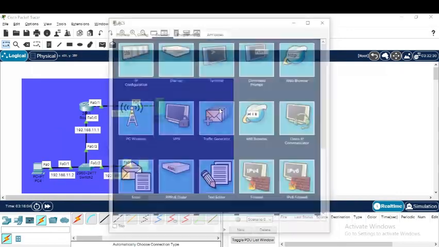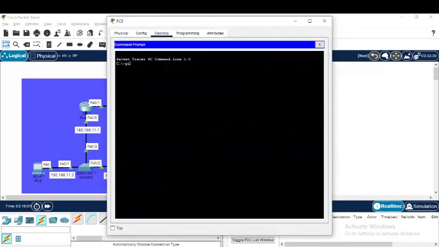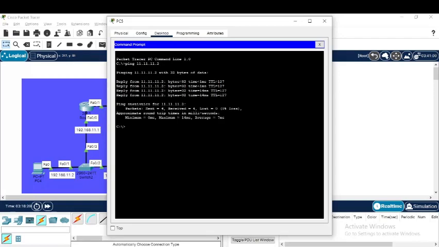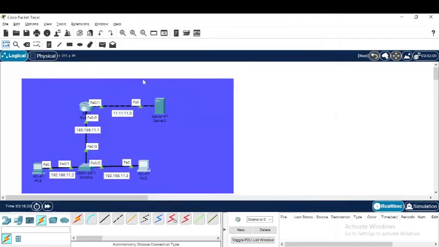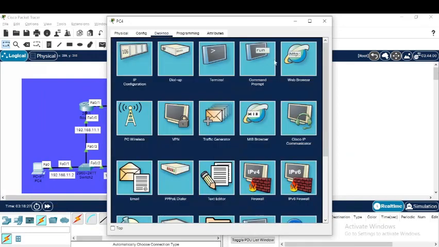But if I check at PC5, I think it will be enabled because we are just blocking HTTPS and HTTP. Okay, as you can see on your screen, we receive the reply from our server because the server works, because we just